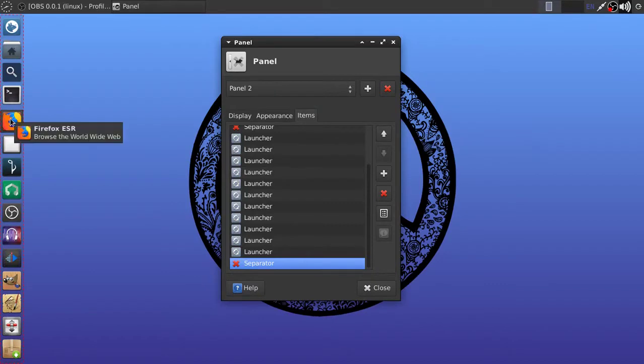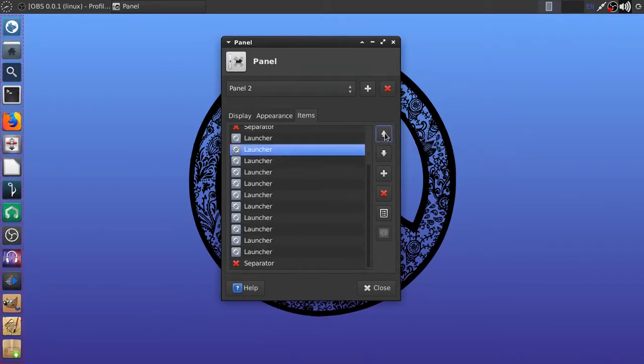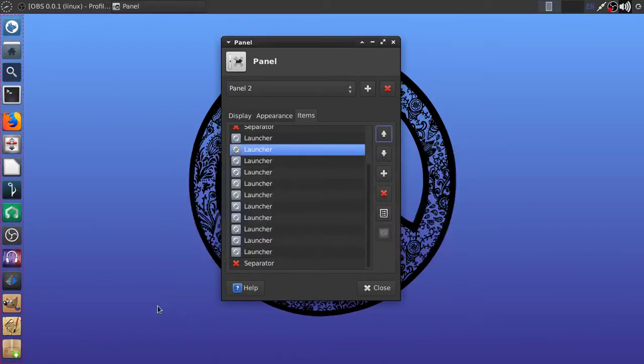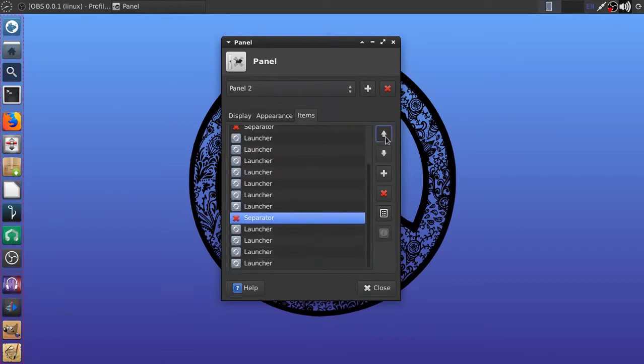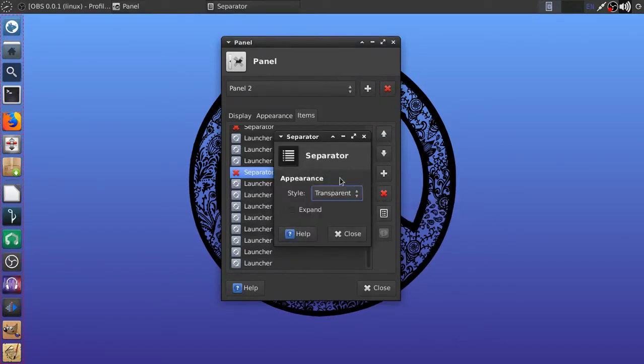So I've basically now got my internet stuff, so let's move this one up next to Firefox, and then Synaptic Package Manager. I don't want to open it, thank you. Synaptic Package Manager, the bottom one, we'll move that up next to Transmission as well, because these are all about pulling things from the NetSphere. Okay, and we'll also make that transparent. So now I've got a group here, and then the rest of these,